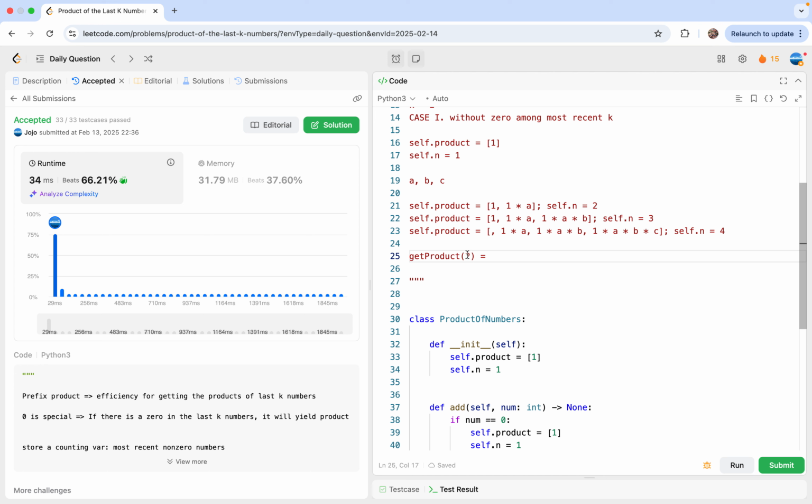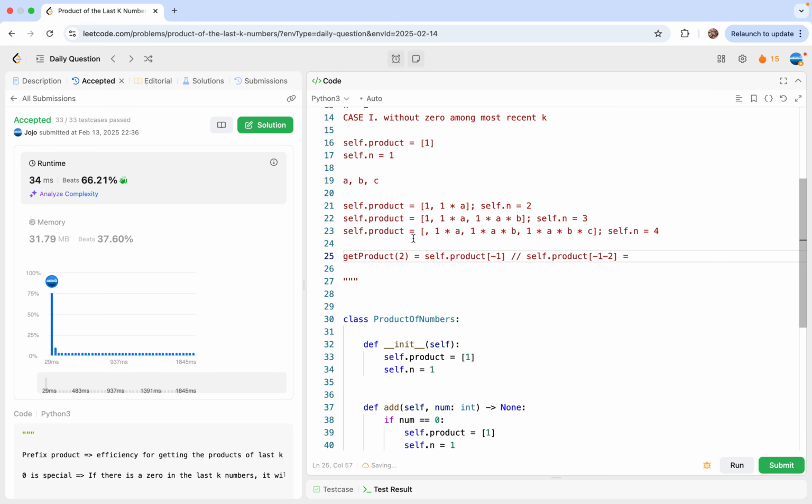Now I compare this 2 with this 4. 4 is strictly greater than 2. In other words, it has at least 2 non-zero elements. So what we want to do is self.product of the last element, that is -1, then divide by self.product of -1 minus this k, that is -3, right? Then if you do this computation,